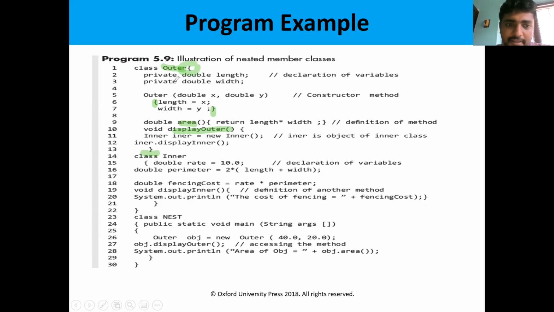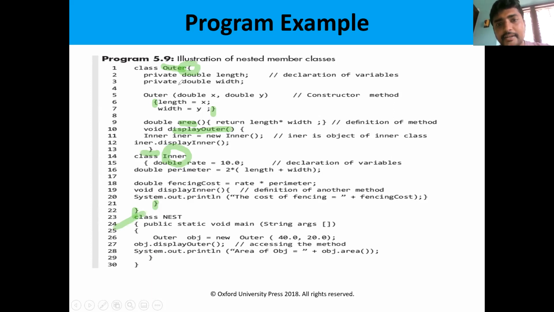Within this class outer, he is creating another class, inner. The class within the class. Then the inner class is closed, and the outer class is closed.